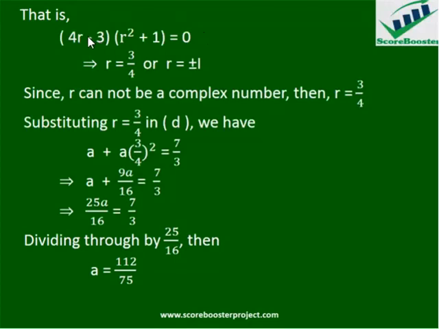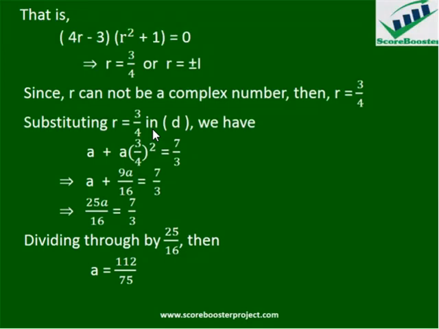So here it is either 4r minus 3 equals 0 or r squared plus 1 equals 0. If 4r minus 3 equals 0, then r will be equal to 3 over 4. And if r squared plus 1 equals 0, then r will be equal to plus or minus i, which is a complex constant. Since r cannot be a complex number, then r will be equal to 3 over 4. So to get the first term, we substitute the value r equals 3 over 4 into